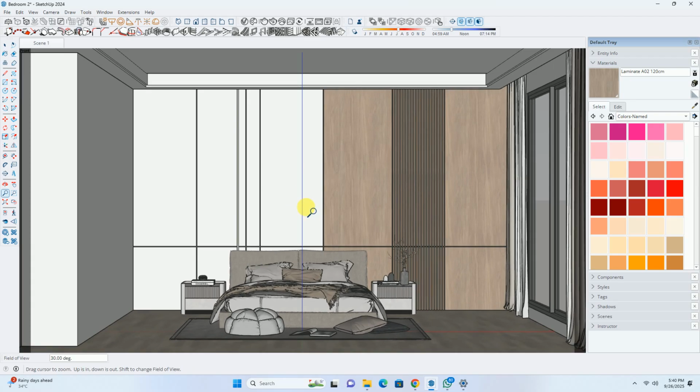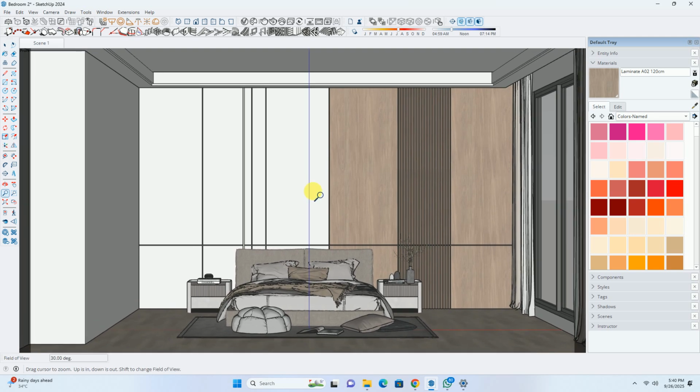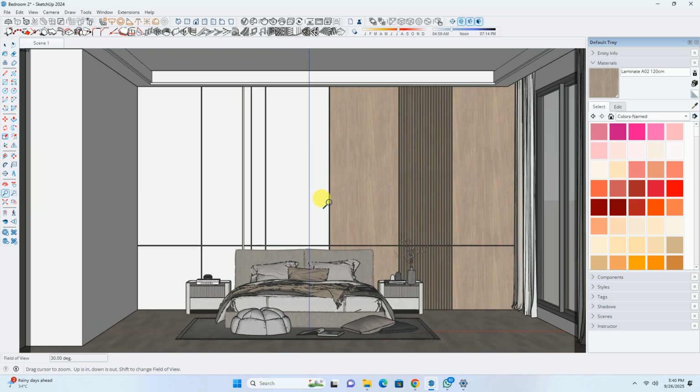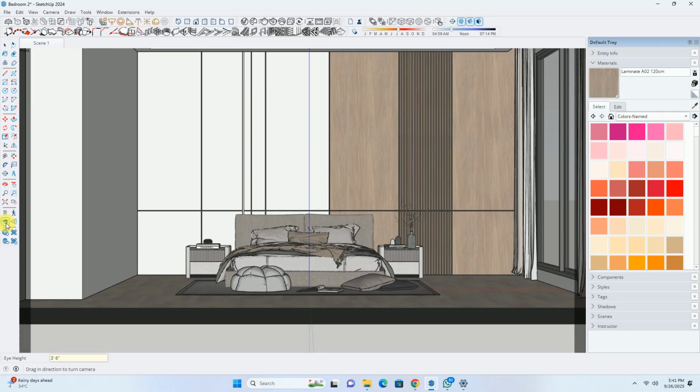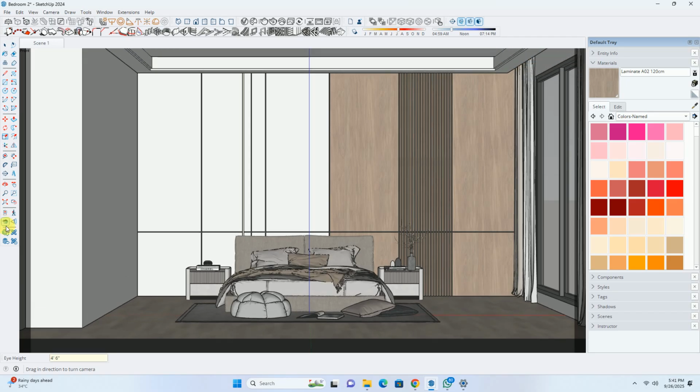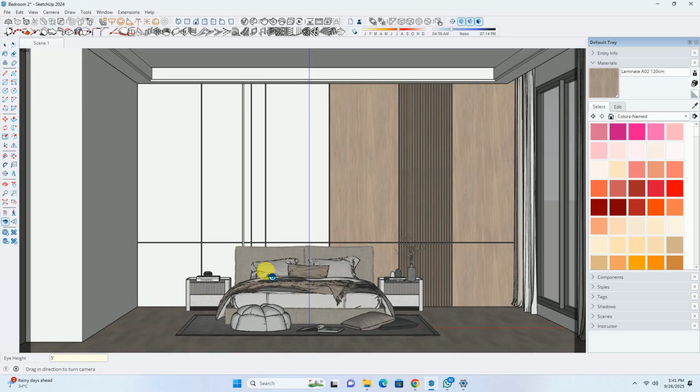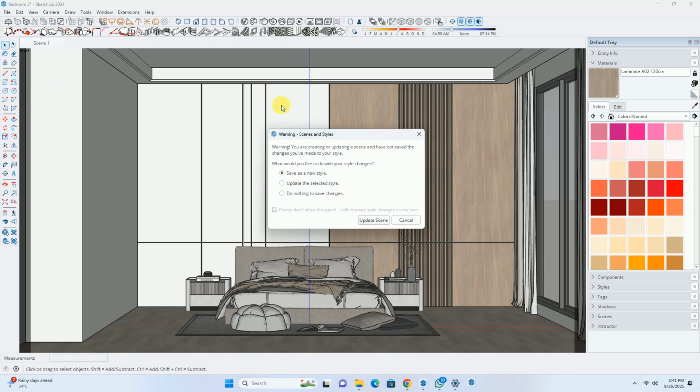Let us apply some zooming so that we can get a good view of what we are going to render, and we can set the height from over here as 3 feet 6 inches, quite low. So increase the height to 4 feet 6 inches. Still, we are seeing this bottom dent, so we can change the height to 5 feet. Now it's fine.